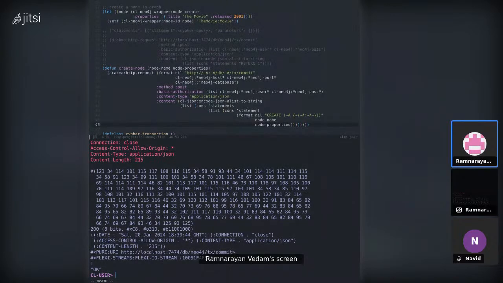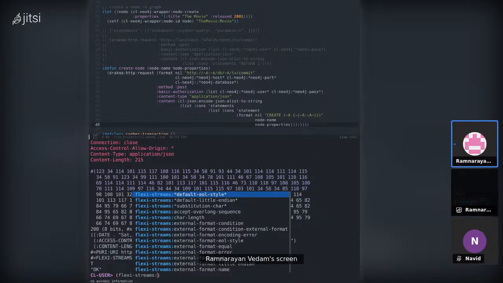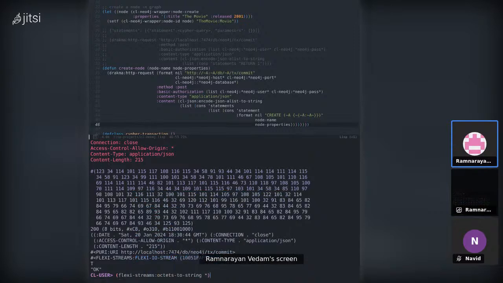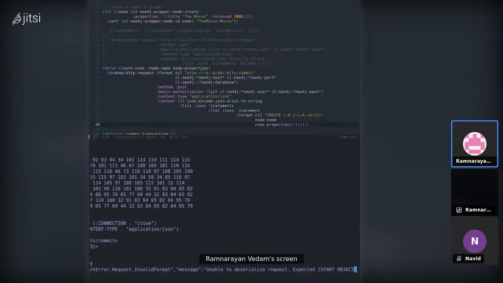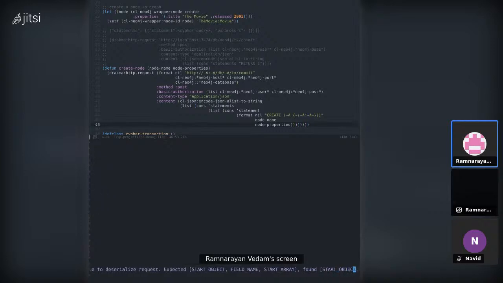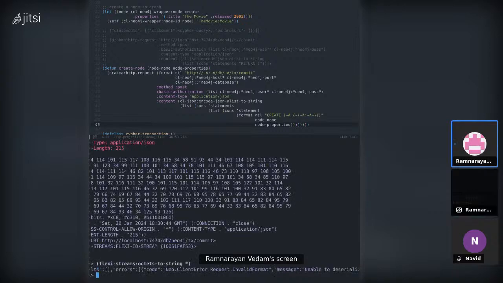Now, the nice thing about cl-neo4j's architecture is that it uses flexi-streams, and flexi-streams has this API, octets-to-string, that we could use on the previous example to see what the JSON response is. And we see that the result is that we didn't actually insert a node in the graph. And it tells us clearly here what the issue is. The client error: request invalid format, unable to deserialize, expected start object, field object, start array, and found start object, field name, whatever, right? And that's telling us that the issue is actually with